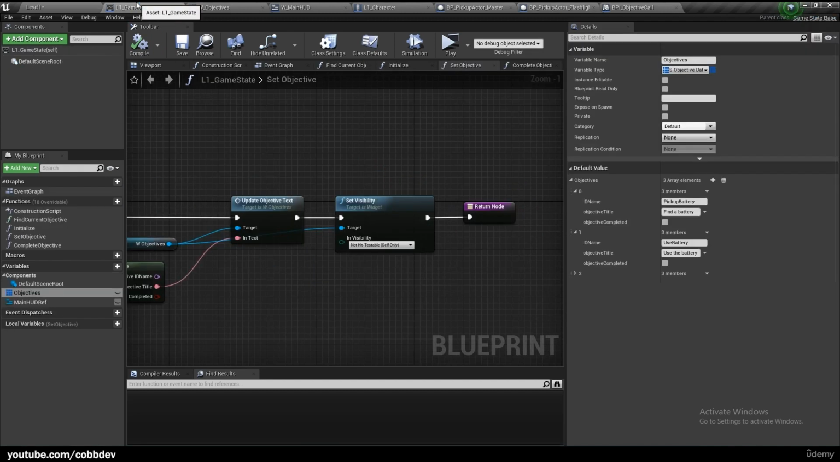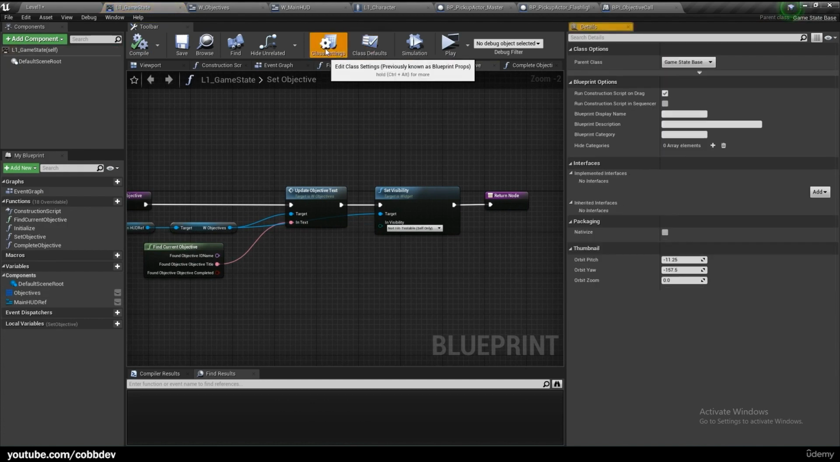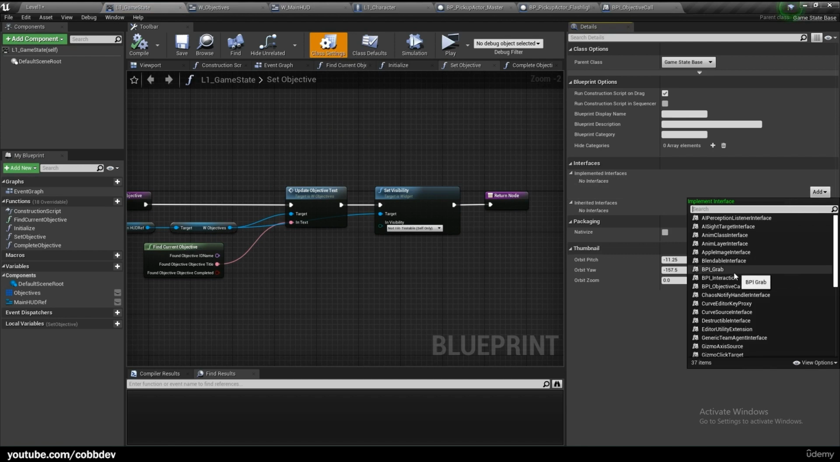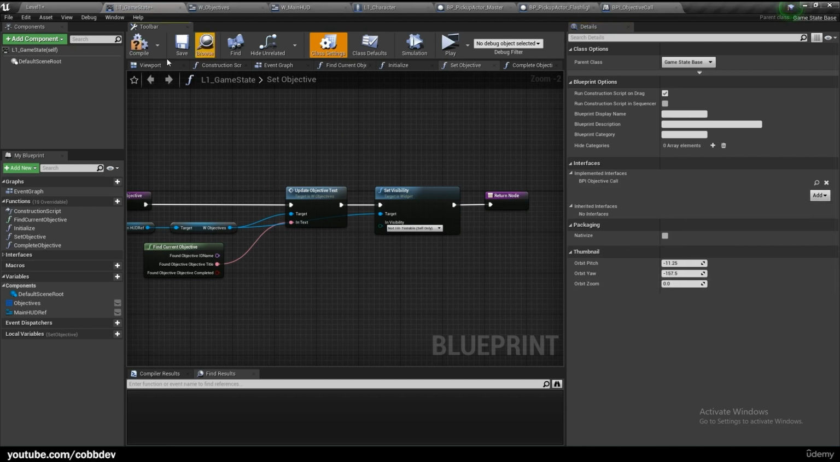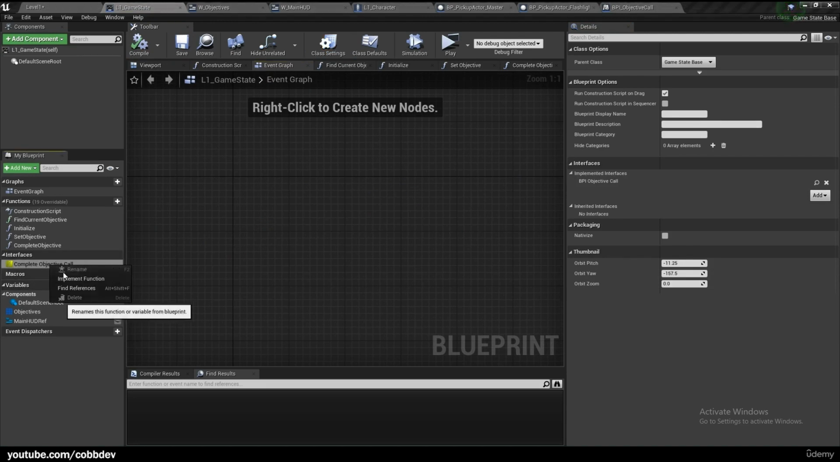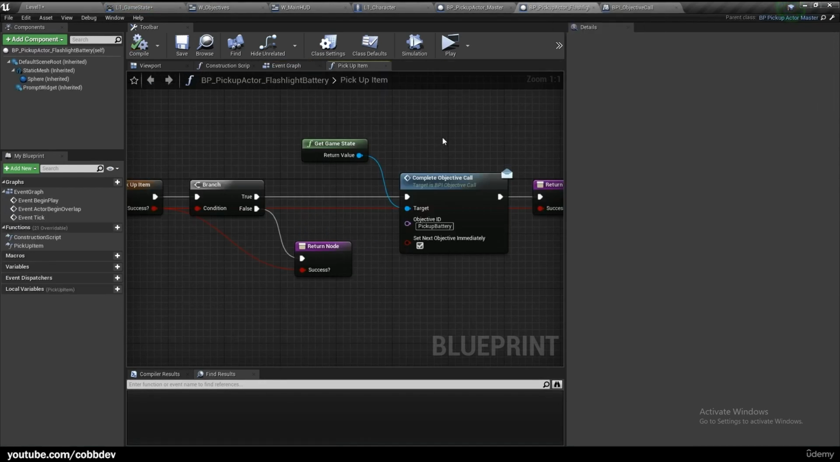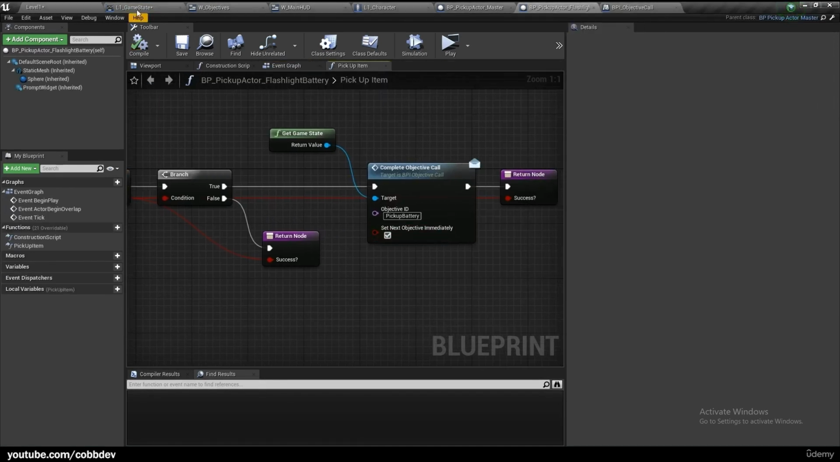So let's go back to L1 game state, and we need to actually add the interface to our game state. So if we go to class settings right here, implemented interface, we can add BPI objective call. So now, if we open up interfaces, this is now here, complete objective call. If we right click, we can hit implement function. So now every time complete objective call is called, for example, in the flashlight battery, it's called right here,